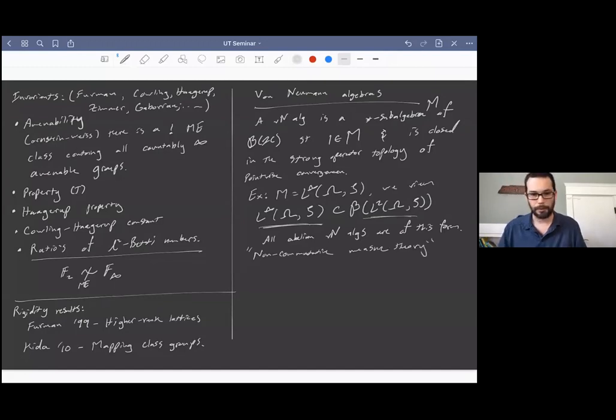That's maybe the slogan for von Neumann algebras. The abelian von Neumann algebras, we get exactly the measure spaces, and so von Neumann algebras themselves are just measure spaces, but we dropped the commutativity assumption. Other examples, of course, B of H itself is a von Neumann algebra, and it also has a natural sort